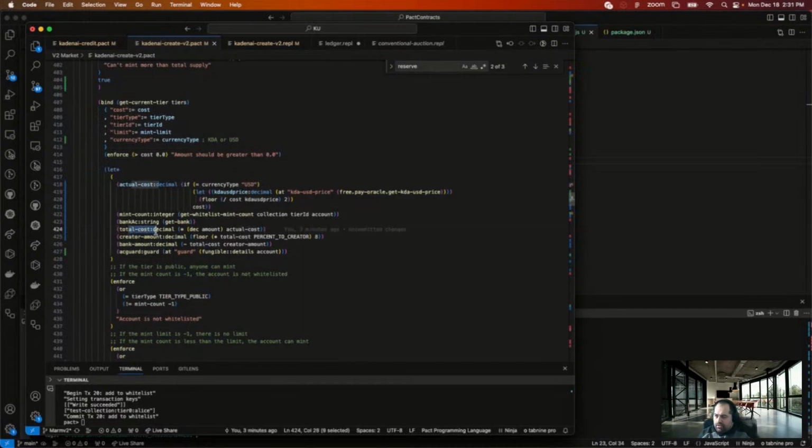So total cost. So creator amount. Hmm. Creator amount.